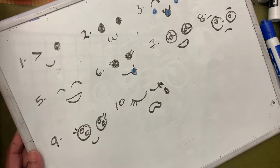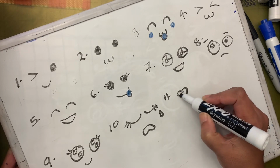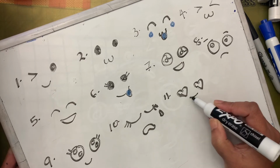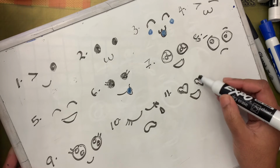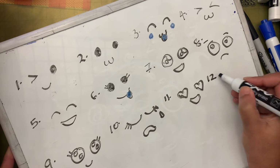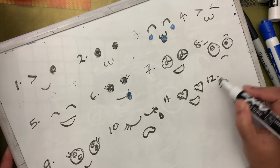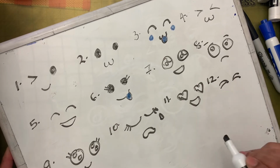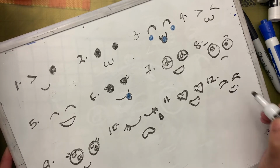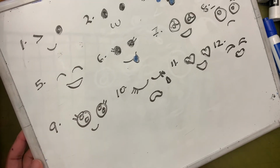Okay, you can make it a heart for the eyes. Okay, the color of the eyes is red in that case. Twelve, maybe the eyes, instead of a V, are two curvy lines like that, and then a smile like that, a small smile on top, and then curve, connect it. Okay, then